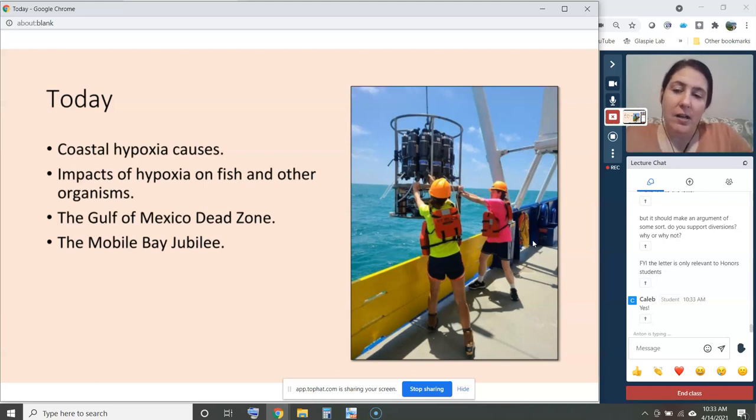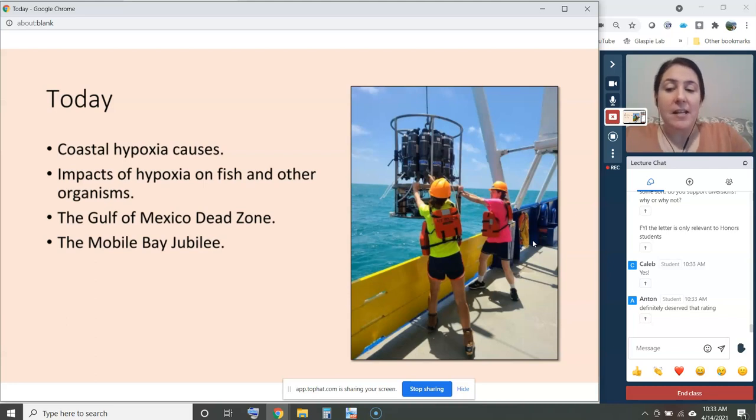So today we're going to talk about hypoxia, what it is, what causes it in coastal areas. We'll talk about impacts of hypoxia on fish and other organisms. We'll talk about the Gulf of Mexico dead zone, and then the activity is on the Mobile Bay Jubilee, which is a phenomenon that you may or may not be familiar with, but you will be after this class,